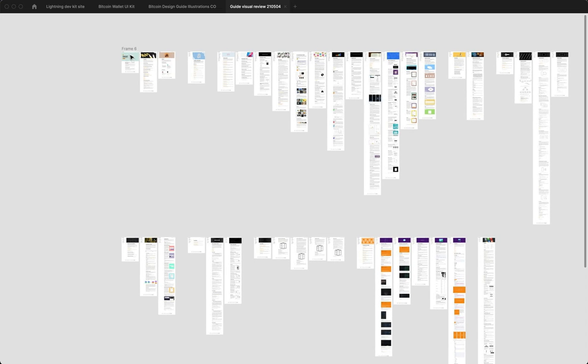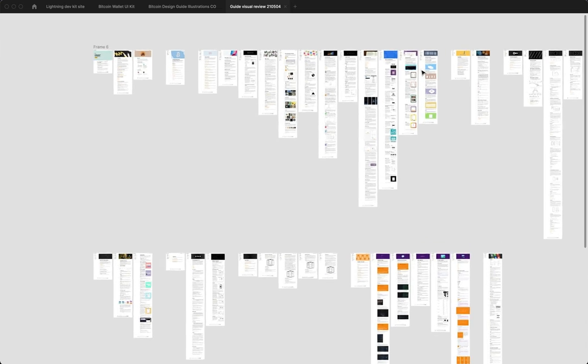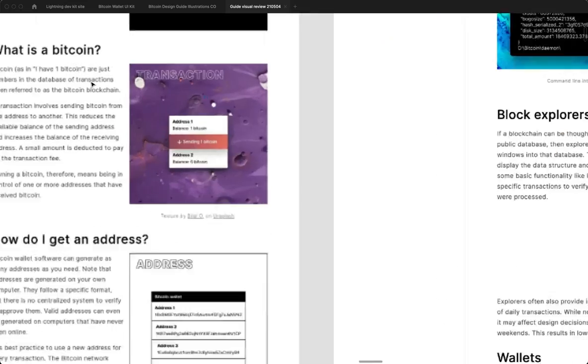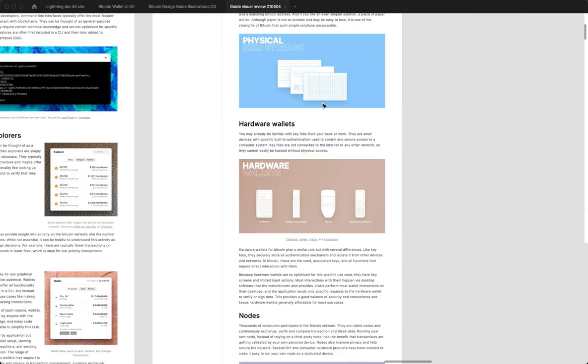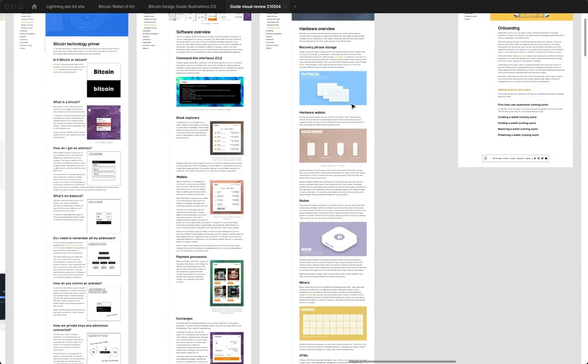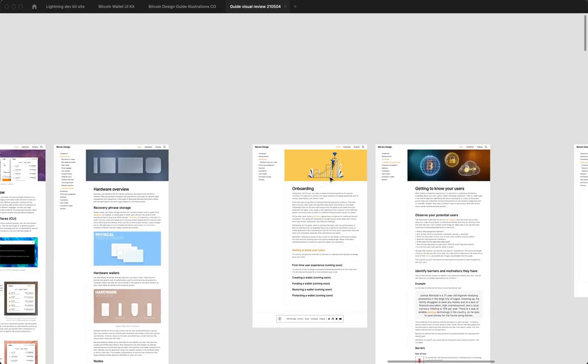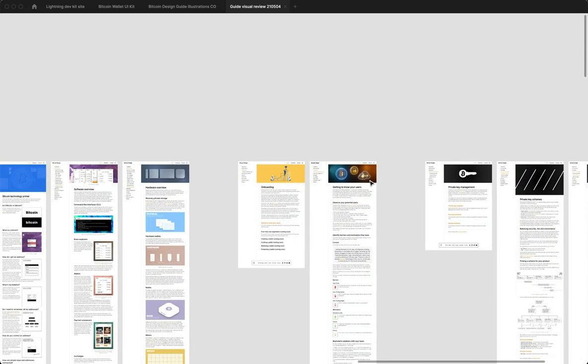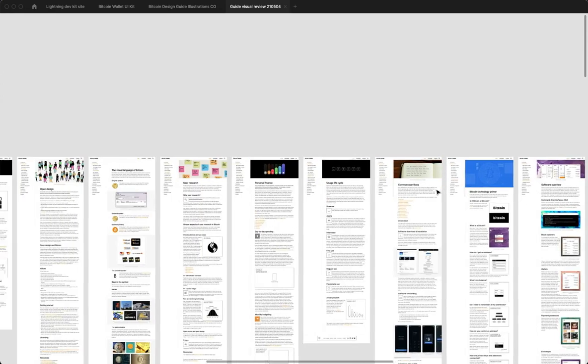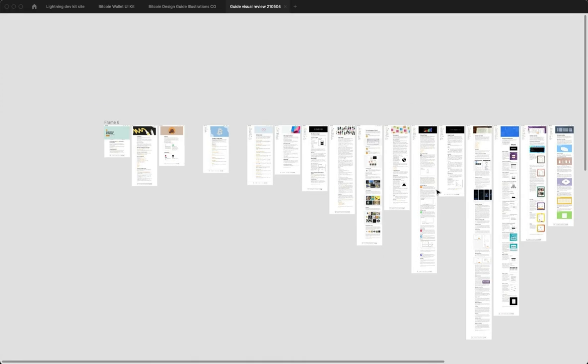But otherwise, in terms of the visual direction, we have a lot of different approaches here. We have some things that are very heavily textured. We have some things that are a bit more flat, using some drop shadows or gradients to create a little bit of depth. We have vector illustrations. We have 3D illustrations. We have some abstract ones. I think that's great if we can have a whole bunch of different